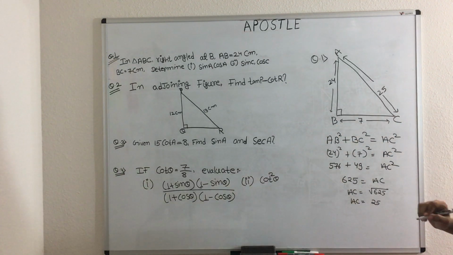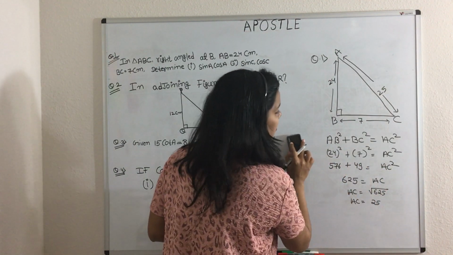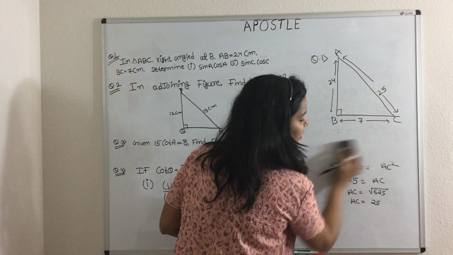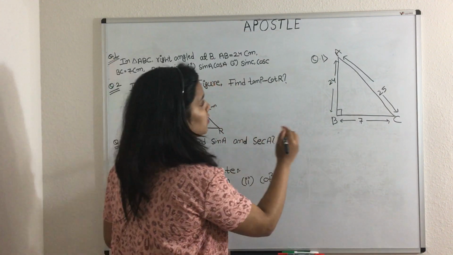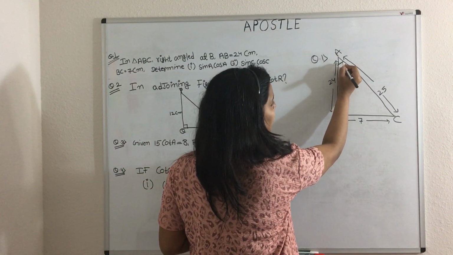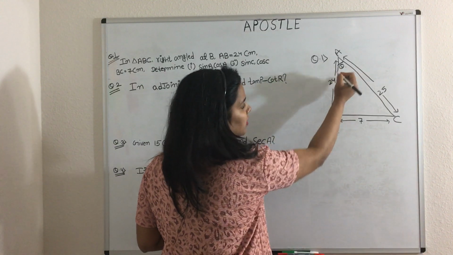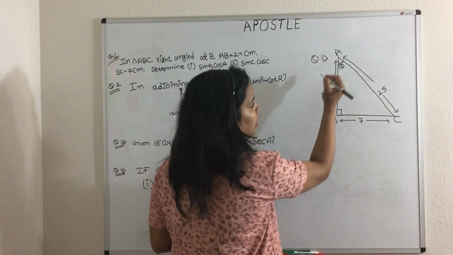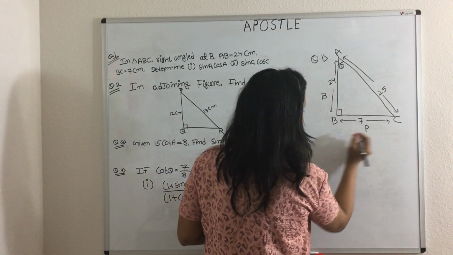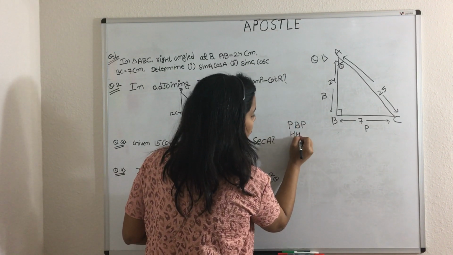Now we have to find sin A and cos A. I am going to remove this and then we solve the next. We are going to find sin A, so for sin A we take the angle here. If theta is at this position, what is the base? The base is the side adjacent to the angle theta and the perpendicular is in front of angle theta. So the concept is Pandit Badri Prasad Har Har Bole.